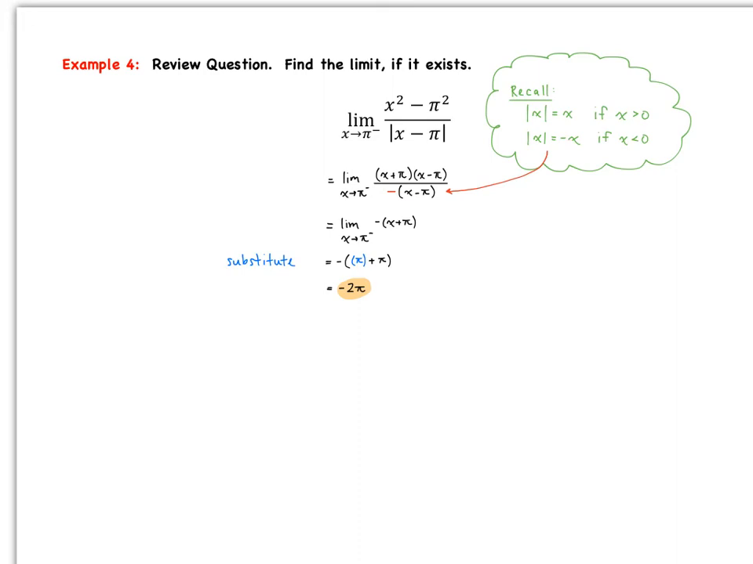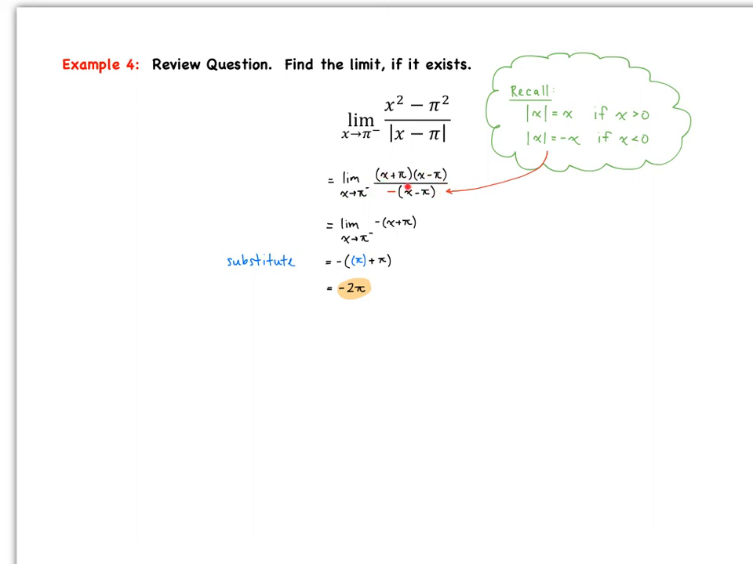So we want to find the limit as x approaches pi from the left. So that's the key right there. We're approaching pi from the left, of x squared minus pi squared over the absolute value of x minus pi. Okay? So our goal is to get rid of this absolute value stuff, all right? So we have to think about that. But first, if we take a look at the numerator, that's a difference of 2 squares, so we can factor that. So we're going to take the limit as x approaches pi from the left of x plus pi times x minus pi,